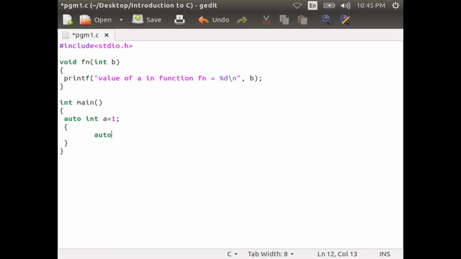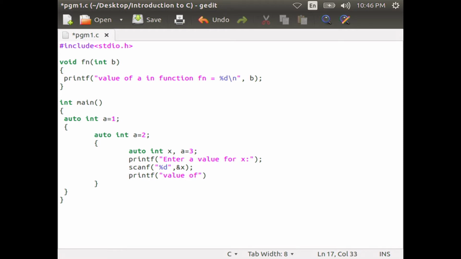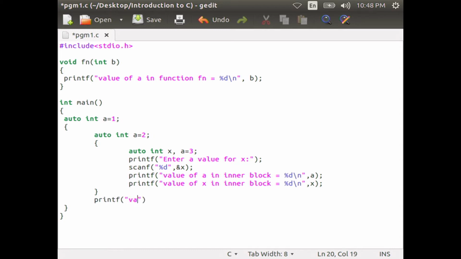brace, auto int a = 2, then within curly brace, auto int x, a = 3, printf("enter a value of x"), scanf("%d", &x), printf("value of a in inner block = %d", a), printf("value of x in inner block = %d", x), then close the curly brace,